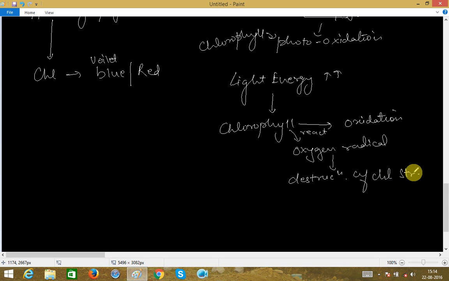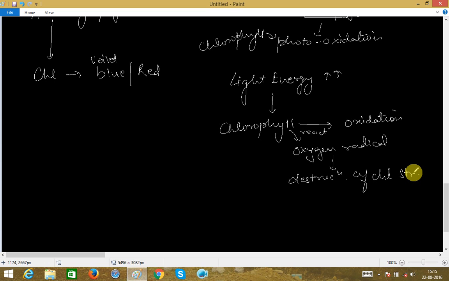So are you understanding what photooxidation means? Photooxidation means oxidation of chlorophyll taking place in high light intensity, in high light energy. Whenever there is more light energy, it is going to destroy the chlorophyll slowly, because chlorophyll starts reacting with oxygen radicals,